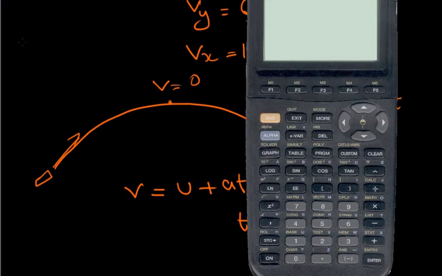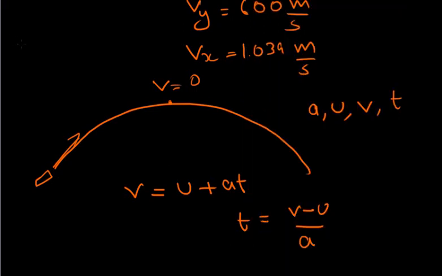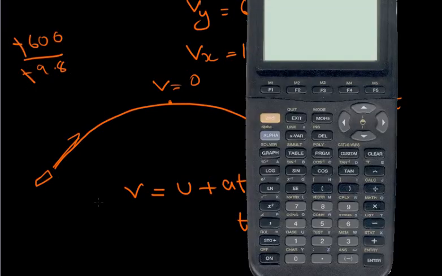So okay, I want to tell you one thing. So the calculation is negative 600 divided by negative 9.8. This negative and this negative will cancel. So there is no need really to write the negative. So I am going to write it like this. And I hope this time around nothing will go wrong. Otherwise it will be impossible.